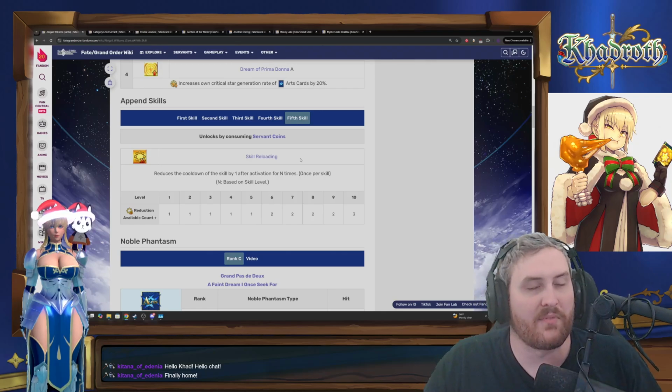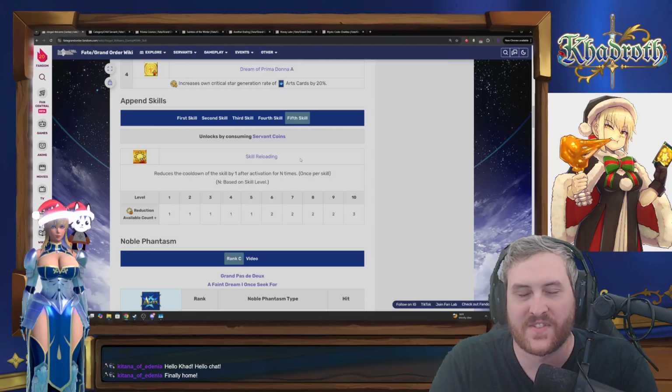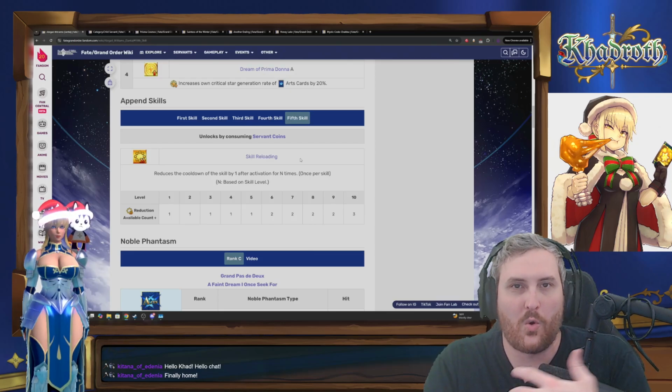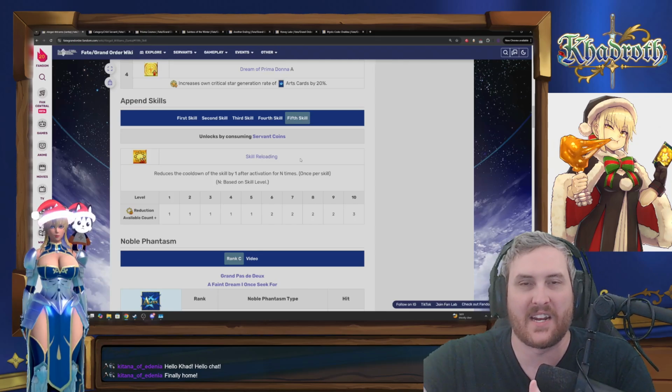And her 5th append, obviously the skill reloading, is going to be really nice just for helping her get back to some of those abilities. She thankfully doesn't have very long skill cooldown times. They're pretty much just the average of 6 turns. But being able to get back to them faster may be the difference between life and death if we have a very quick schedule that we need to meet within the fight, getting, again, an additional re-up